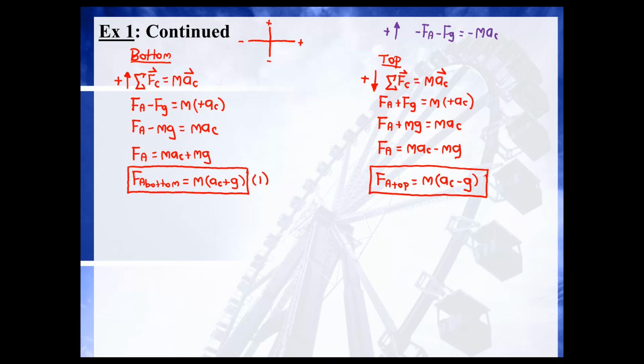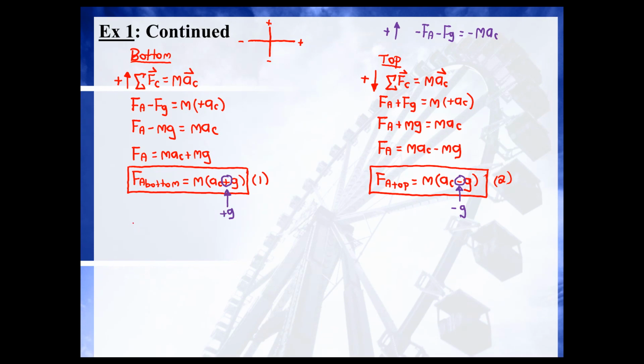Okay, now we want to prove mathematically why the tension in the string is greater at the bottom compared to at the top. Well, look at my two equations. They're almost identical in format. There's just one thing that is different. The one thing that is different is the sign in front of the g. In this equation, we're adding g. In this equation, we are subtracting g. So if I'm subtracting g, that's going to make the tension at the top smaller. I suppose if I wanted to write this down in a complete sentence to clarify why this is the case,